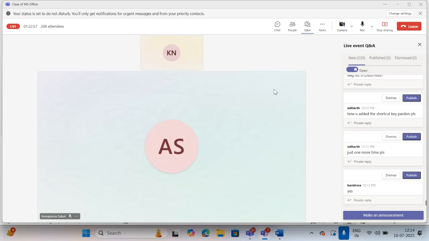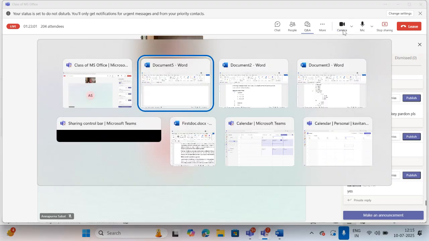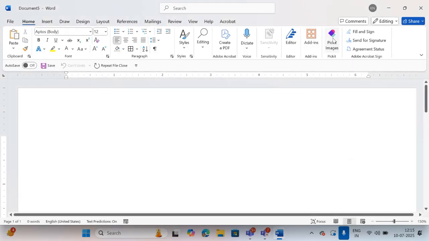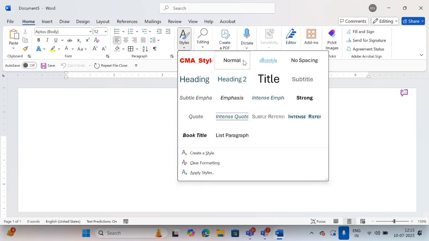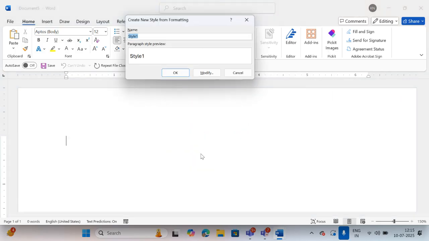So I'm going to repeat the last option, that is the style. How can we add our new style? For example, here is the CMA style, normal, everything. Now I want to create my own style by assigning the K style. The name should be K style